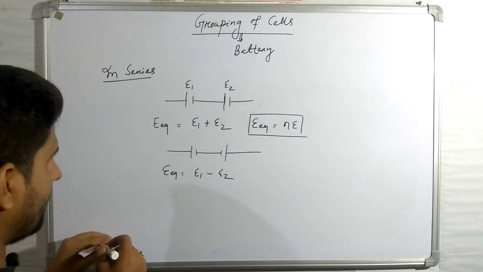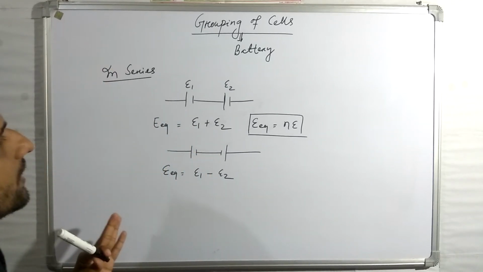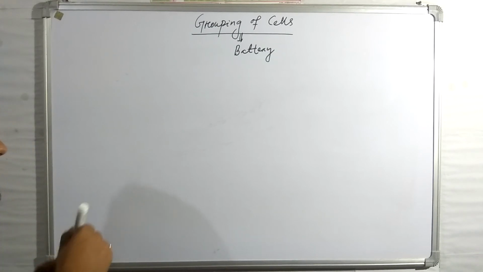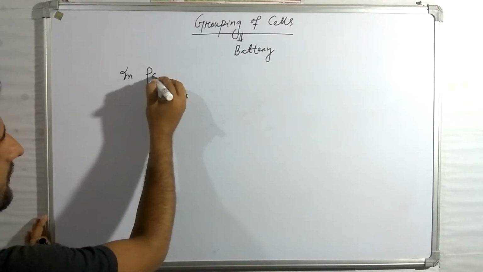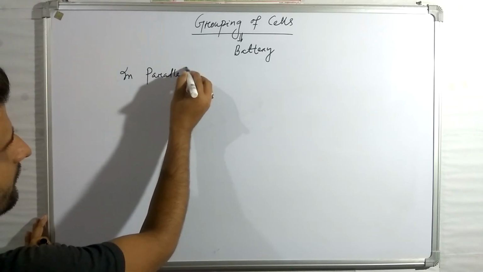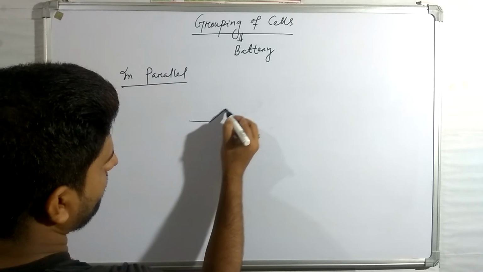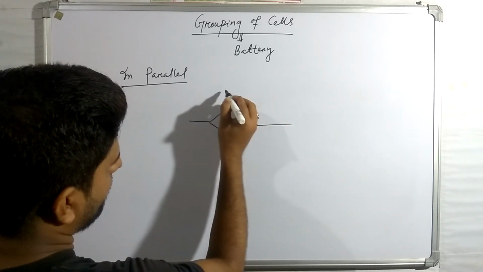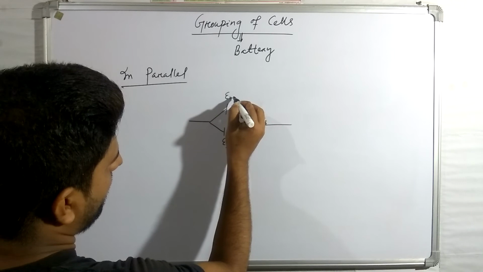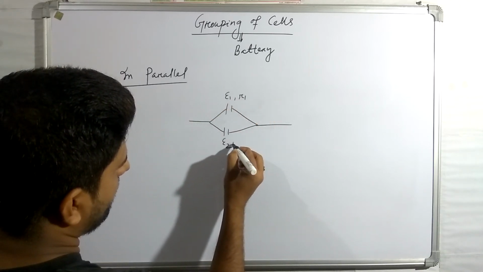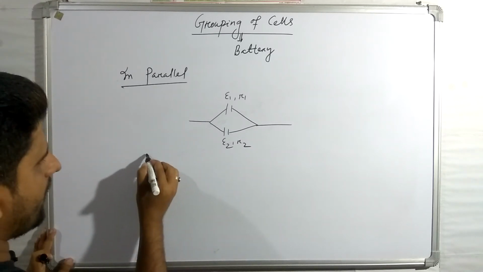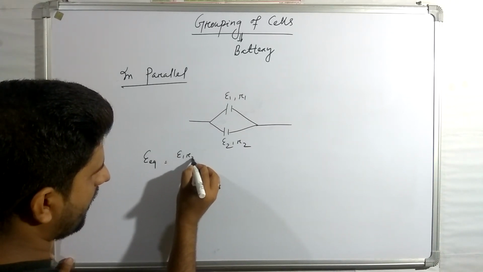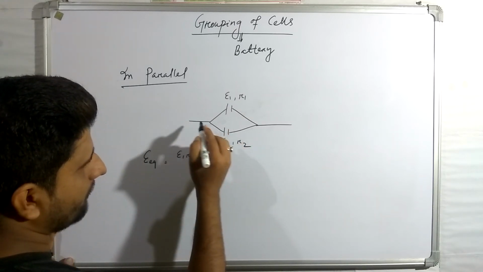And if the cells are joined in parallel, suppose here E1, here E2, and here the internal resistances are r1 and r2,